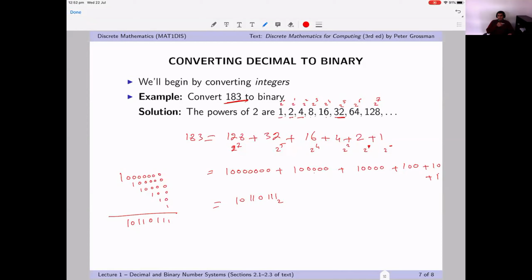But this method is quite, look, soon there will be lots of bigger powers of 2 that we're dealing with, and it's not that practical to work with. So the other way that we can work is that we can divide 183 by 2 and note down all the remainders. So what that means is, let me actually move on to the,